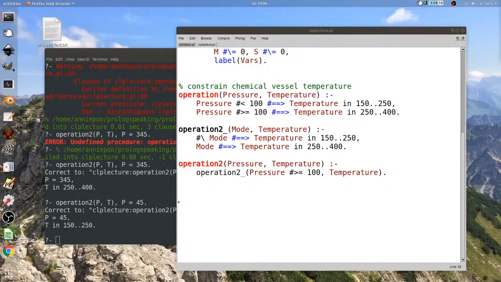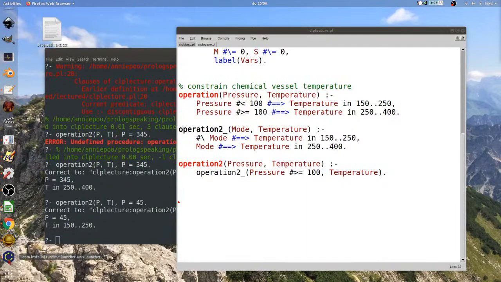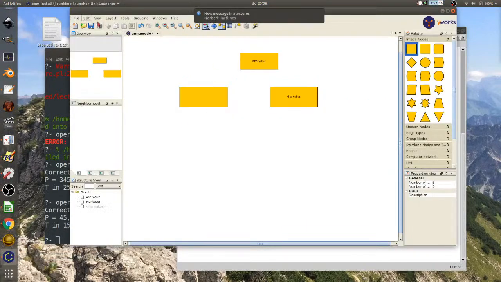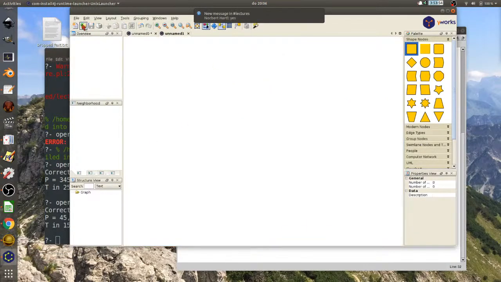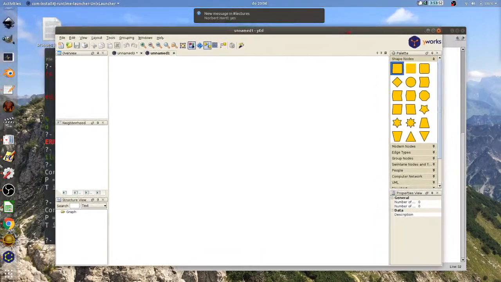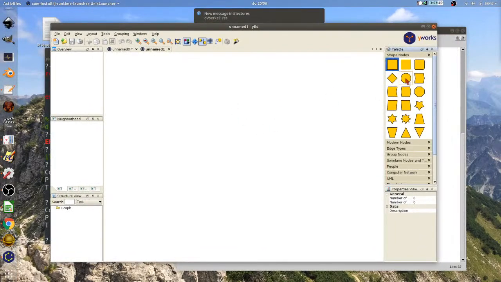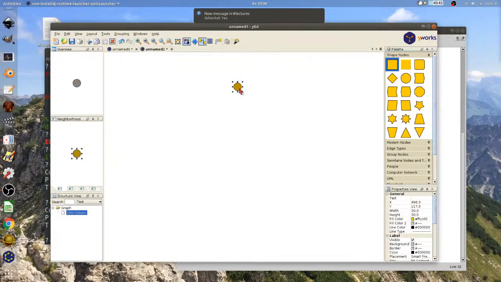Let's work one. Okay. All right. Let's have a finite state machine. Hang on. I have yEd already running. So, okay, let's make a finite state machine.